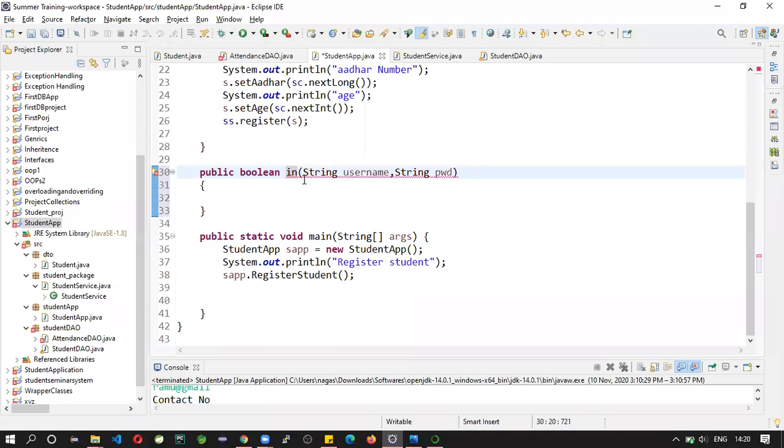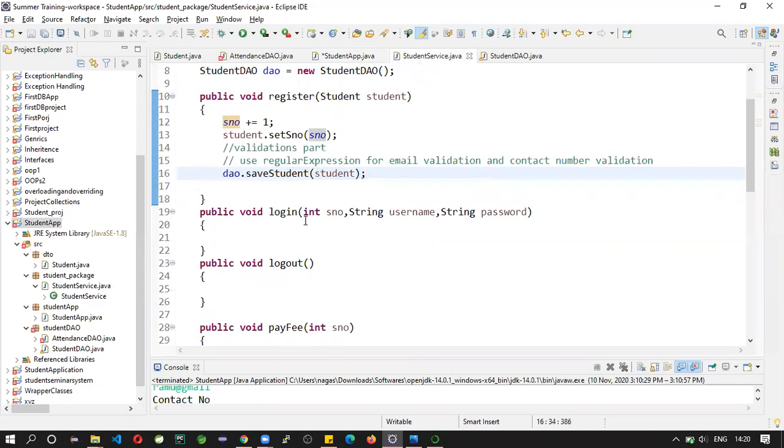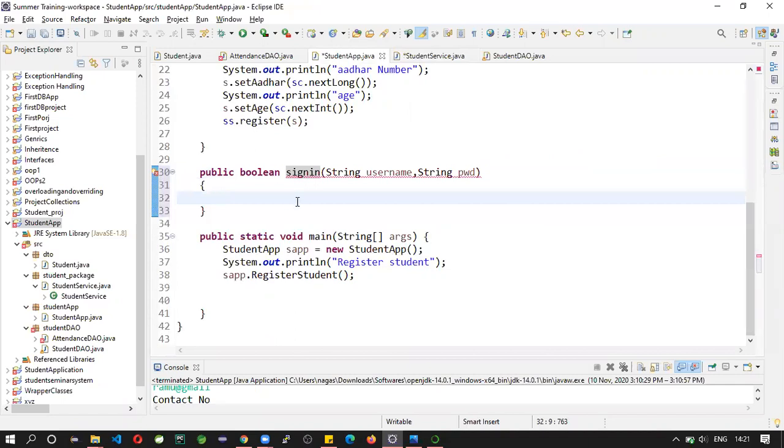This is login, right? Let it be sign. This is signing. Here we will call login method, where it is student service. See, inside this we have login method. Here we are taking serial number, username and password. Okay, I'm removing this serial number. So here I will try to call login method. Okay, we need to pass what? Username